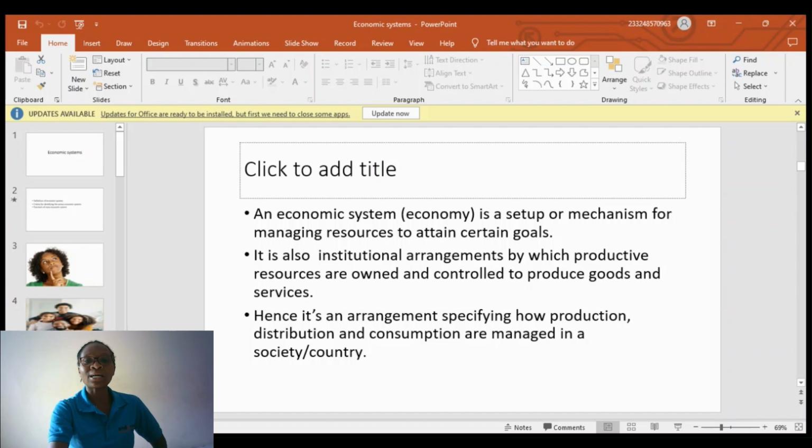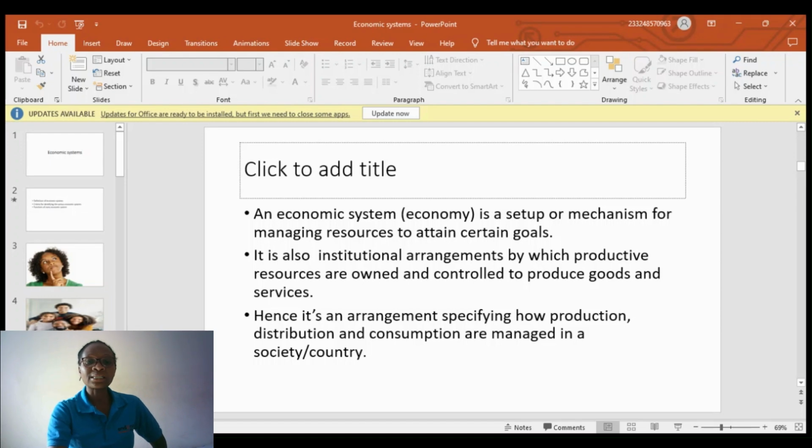Economic systems, or as a country, have an institutional arrangement by which productive resources are owned and controlled to produce goods and services. So you have an arrangement that is specifying how production should be done, how distribution should be done, and how consumption should go on in the country. Once these arrangements are specified and everybody abides by those arrangements, there is perfect peace, just like in a home where everybody abides by however the budget is drawn or however rules are assigned in a home,